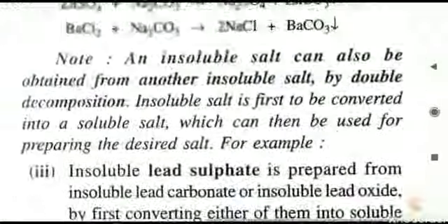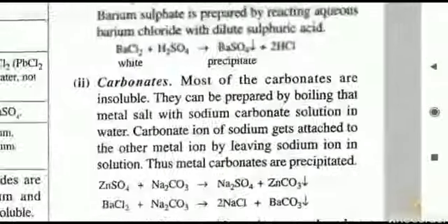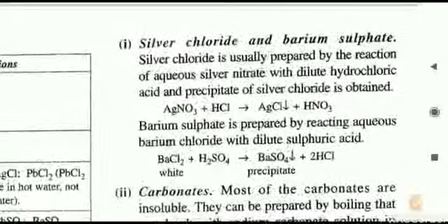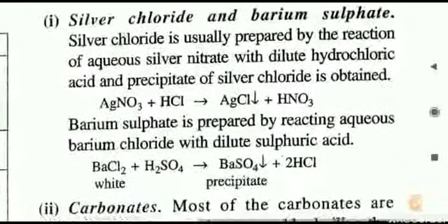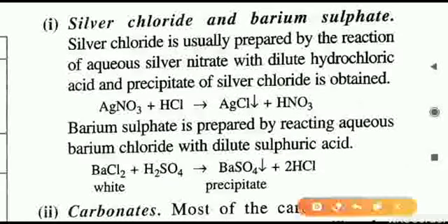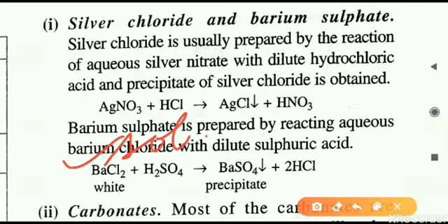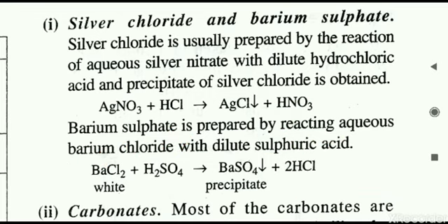All the remaining equations are also similar. Now we will move on. Here some subparts of the same thing are given. Some important reactions are given separately. First is the preparation of barium sulfate. How is it done? Barium sulfate is prepared from barium chloride. Barium chloride is a soluble salt and it will produce an insoluble salt. Insoluble is barium sulfate. So how is it done?